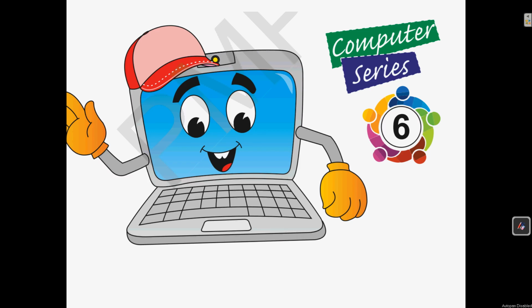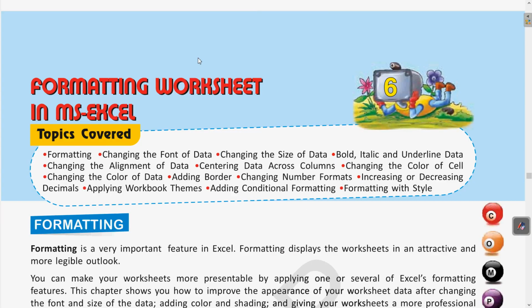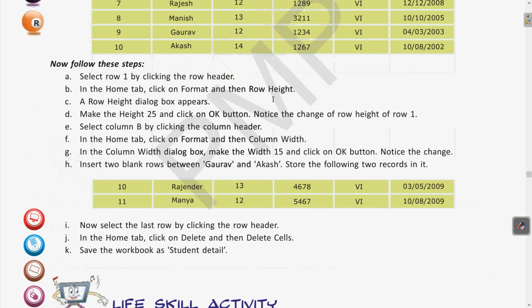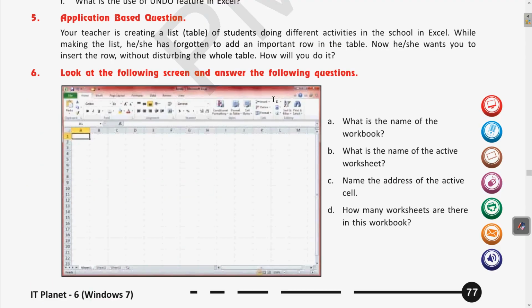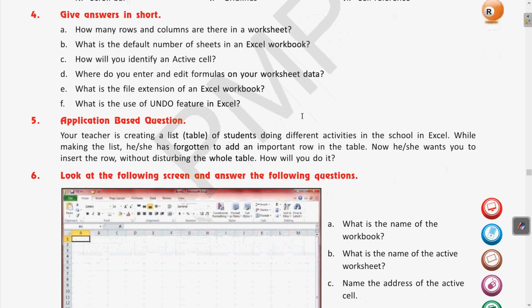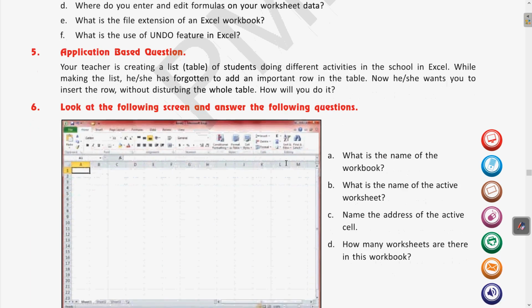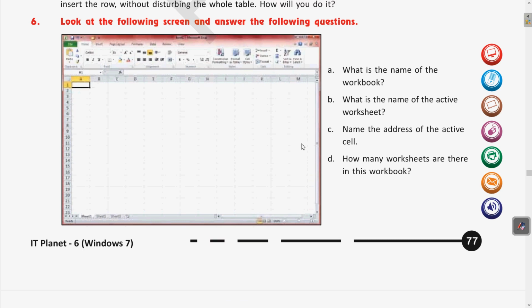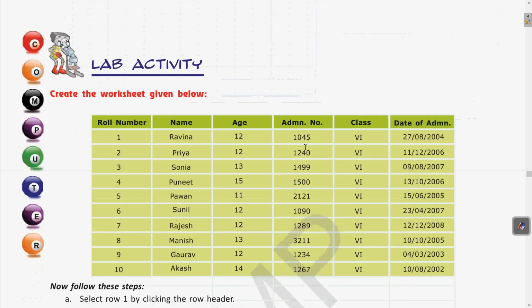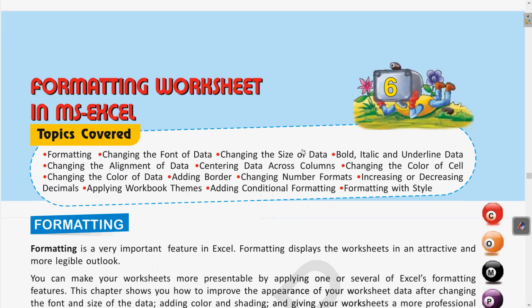So in the previous class we have completed the exercise of chapter 5. I hope you have done them in the copies as well. All the question answers, filling the blanks, as well as application based questions and scenario based questions we have discussed. Now today we are going to start our new chapter, that is chapter 6, which is about formatting